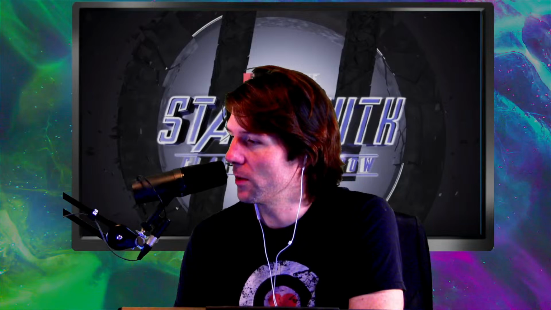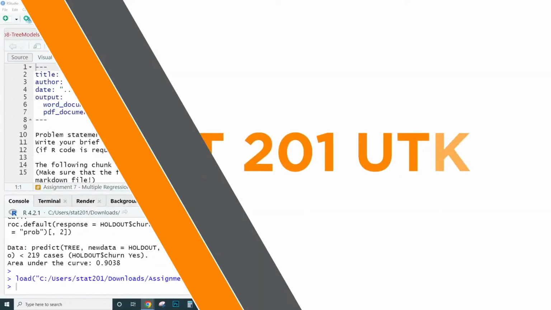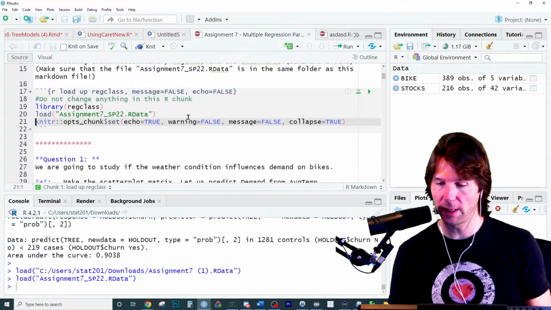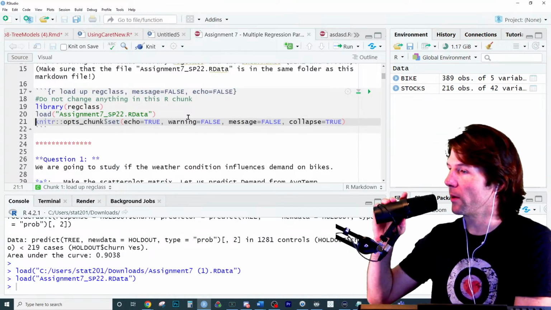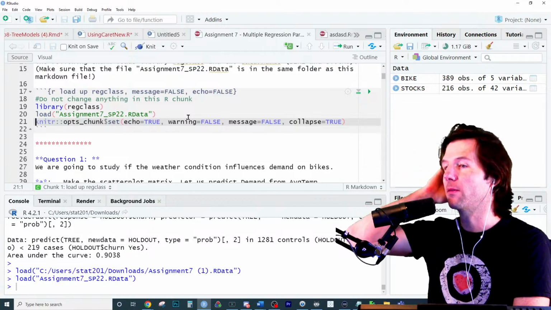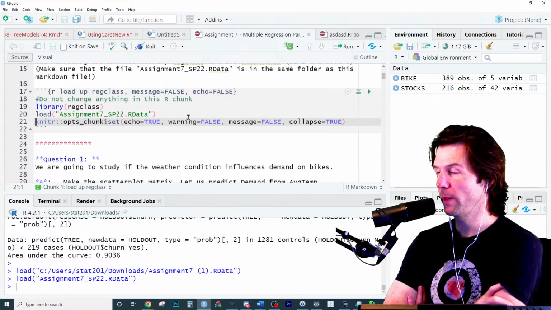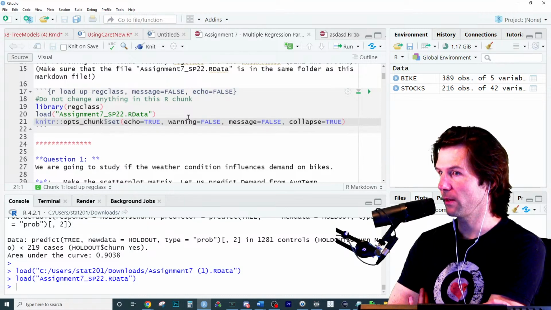Which parts are you wondering about? Let's go to the main screen. Let's check it out. So here we are with the file. Make sure you have both your data file and your RMD file in the same directory, and then everything should load in nice and neat right there. So what do we have? What questions are there? What are people wondering about?